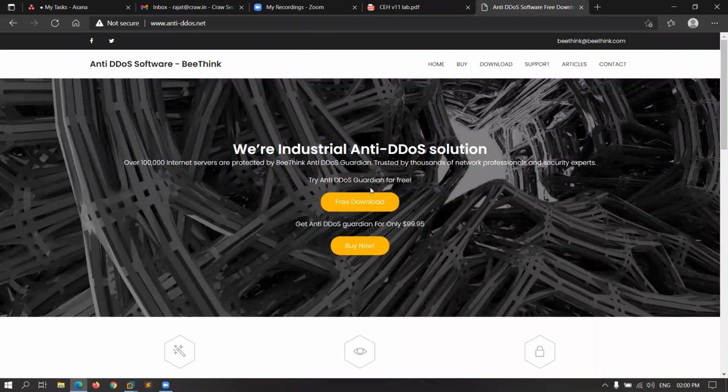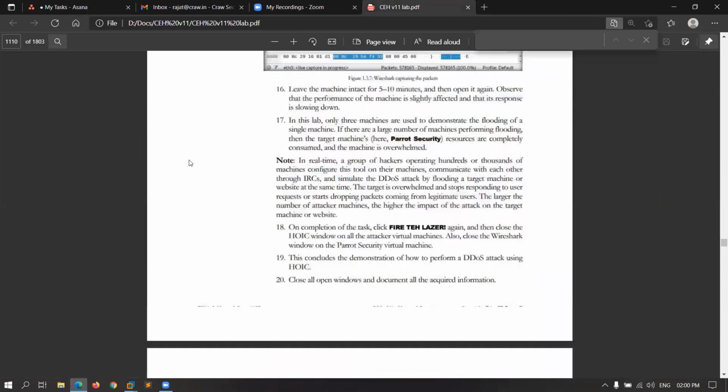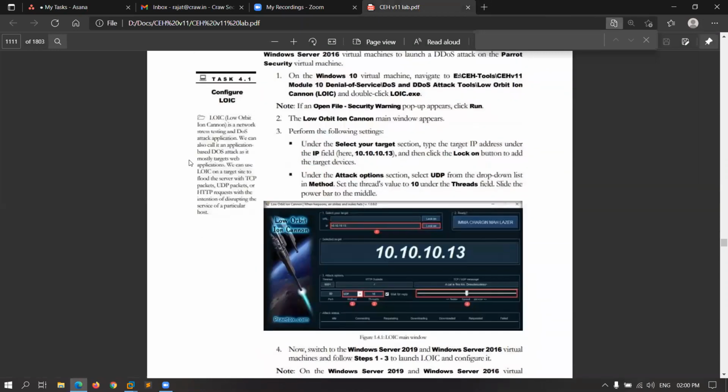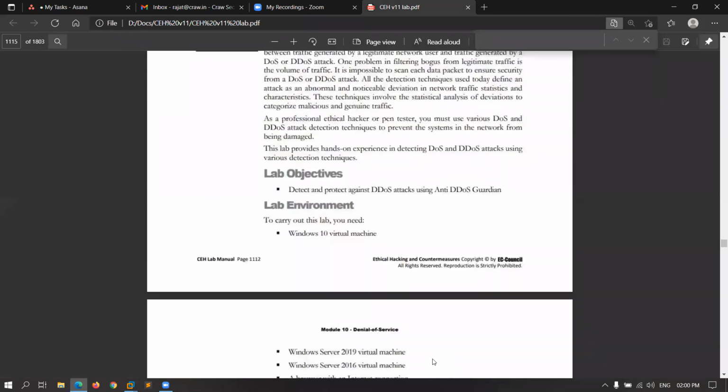So this tool will not let the hacker perform a DoS attack in your system. So that's it for today's topic, and these were some practicals and modules that you can practice yourself. Everything is given in your lab manual book as well as the module book.